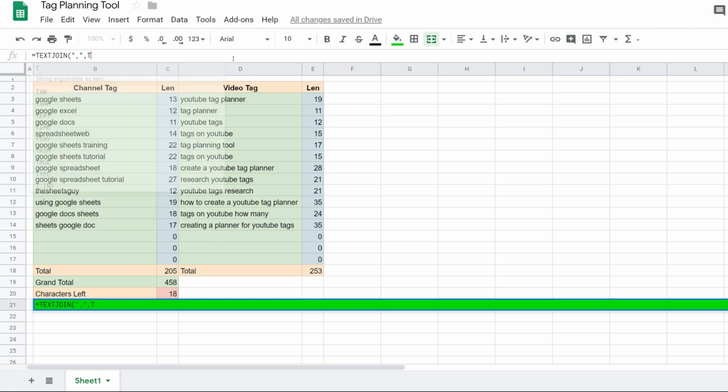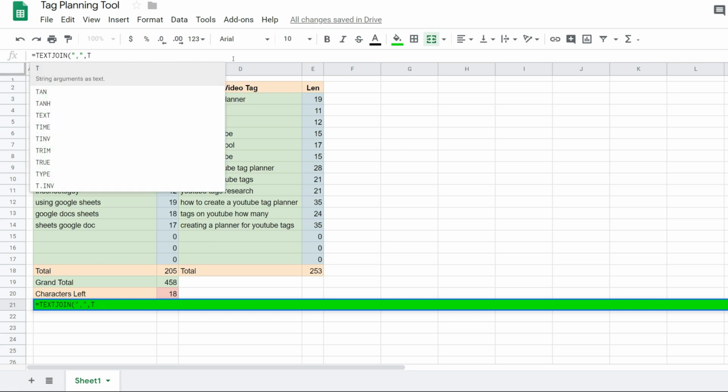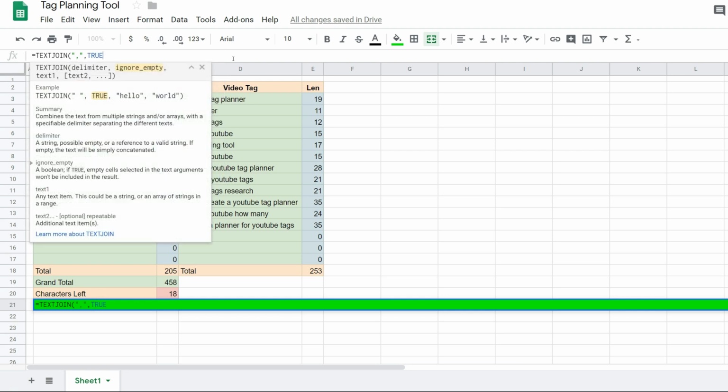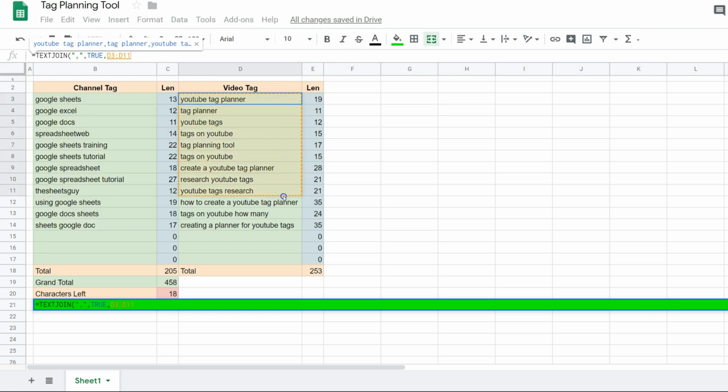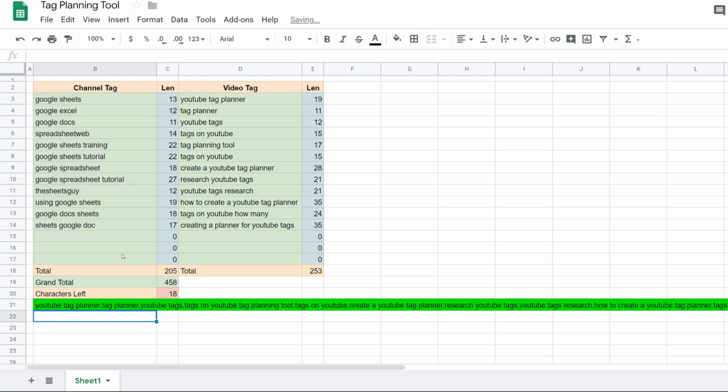So we're going to type true, if I can type this. And then next we need the range of cells that we're going to put together. So I'm going to choose these cells. Now I'm going to hold down Control so we can choose non-contiguous cells. So I got all these chosen. I click Enter. And now you can see we have one big long string that you can paste into your